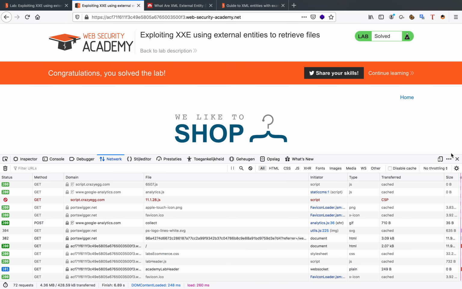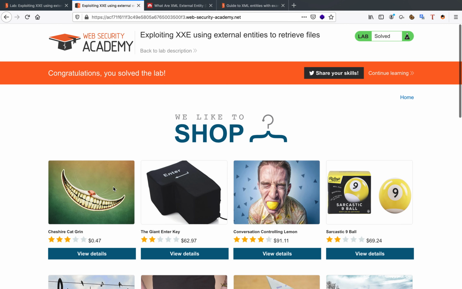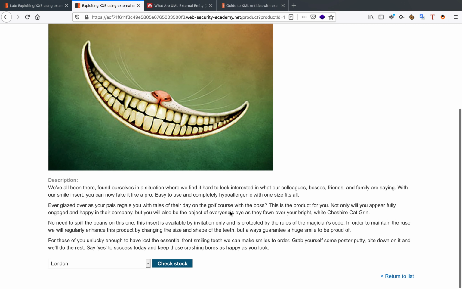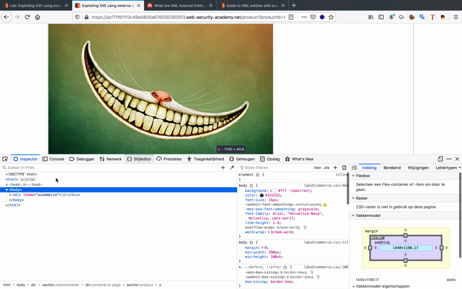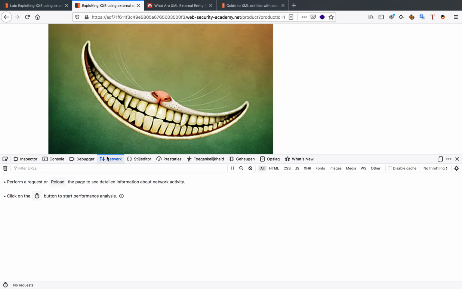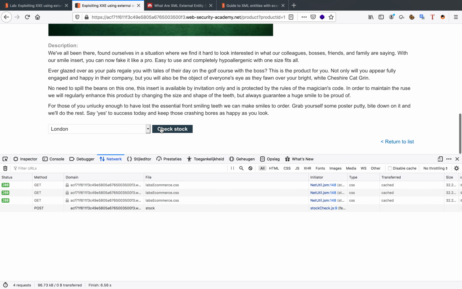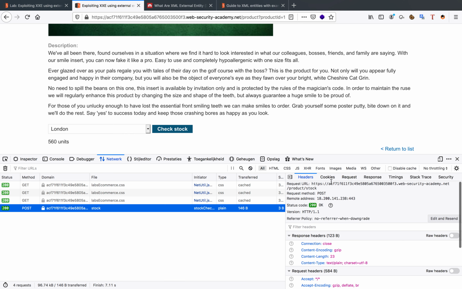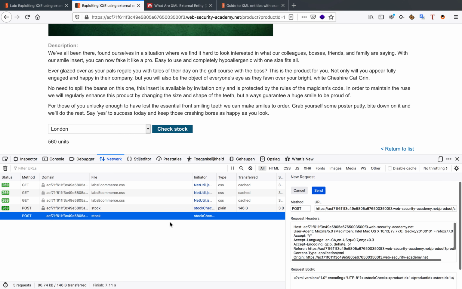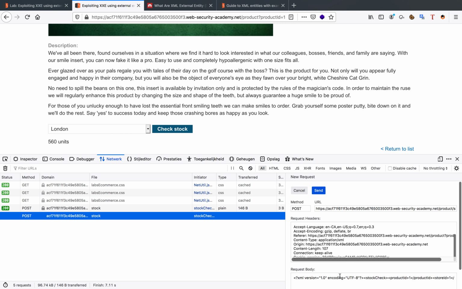So knowing that, we can go into the lab right here and we can start viewing some details. Now we know that in the check stock there is an XML check. So let's bring out our network tab here real quick and we'll start checking the stock. Now when we do that and we open the request tab, we can see that some XML has been sent. Now we can edit this XML, so I'm going to edit it in my Firefox tab,